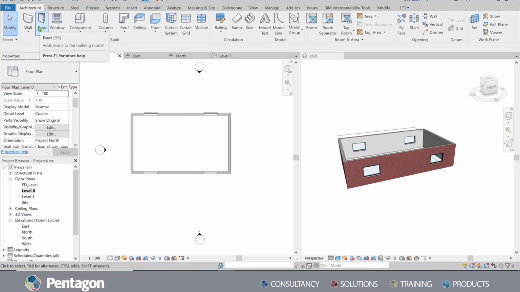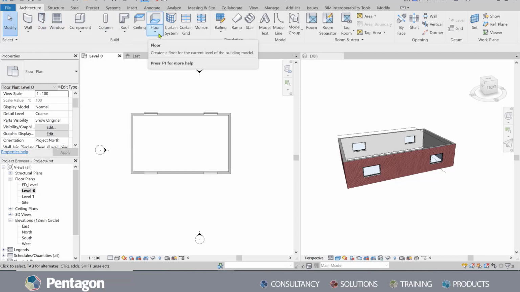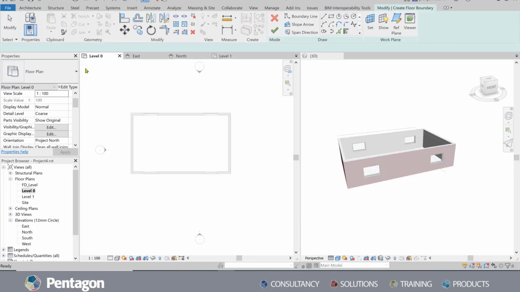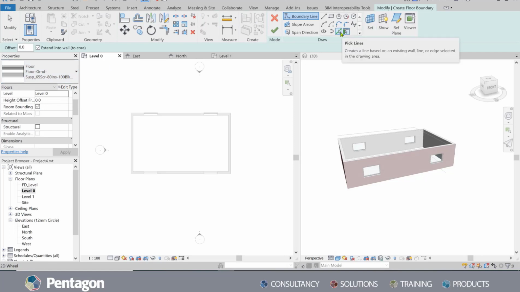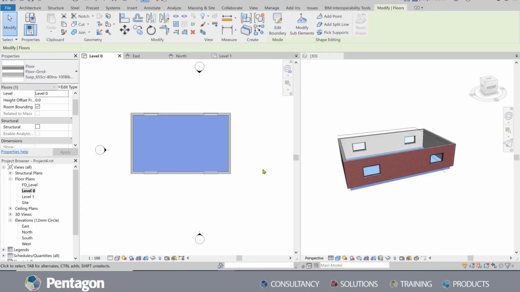So I'm going to stick a door in here, but before I do that, I want to really make sure my building has a floor. So if I go in, select the floor tool in the architectural ribbon, I'm going to go in architectural floor, and what we can do is actually go by pick lines. So I'm just going to pick the lines that I want the floor boundary to be at, and I'm going to go OK, and make sure it's at the level. I want the floor to be at level 0, but in this case you might want to offset it potentially, so it's slightly above the ground level.